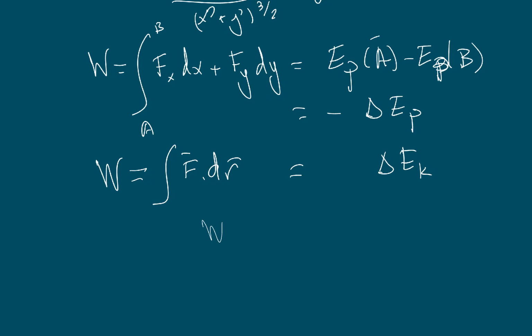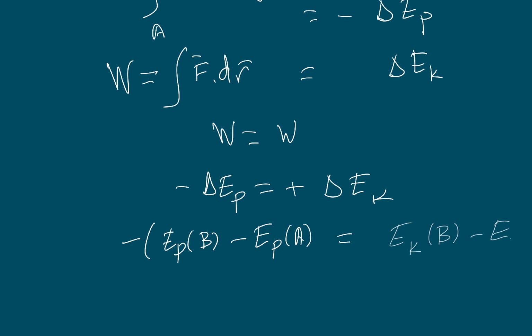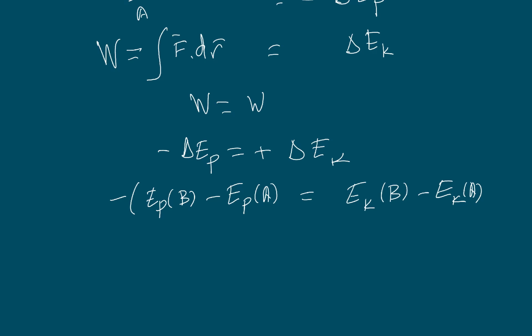Because it is the same work, it means that minus the change in the potential energy is plus the change in the kinetic energy. It means that minus E sub p of B minus E sub p of A is equal to E sub k of B minus E sub k of A. So, reordering this, it says